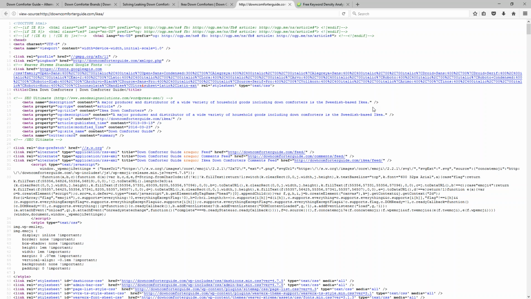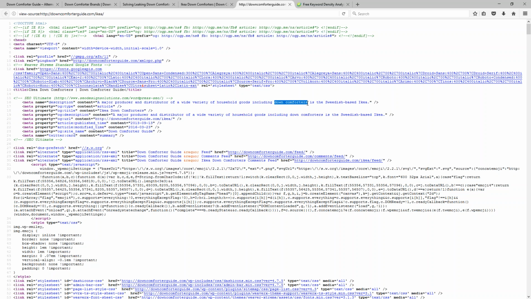When you look a little bit closer though, you can see that a lot of the base elements of the keyword phrase or the keyword phrases that I'm trying to target on this page, they can still be found in this description. I still use the phrase down comforters here.